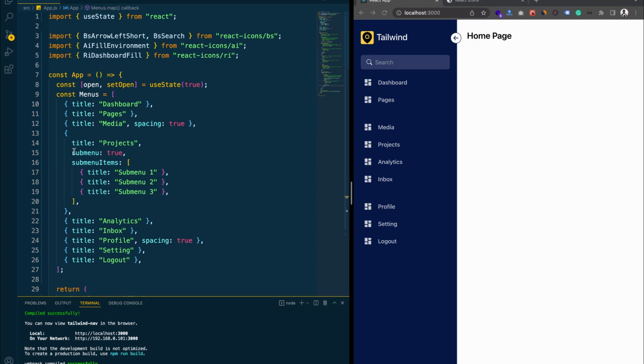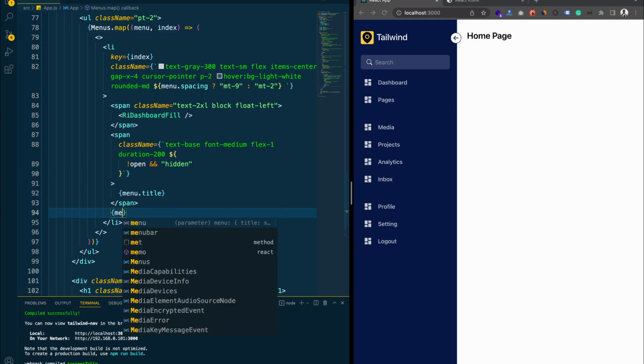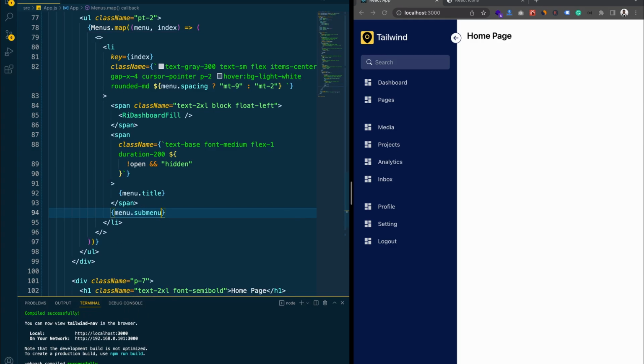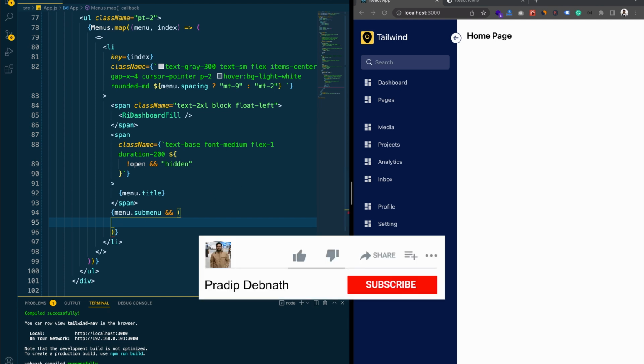So here we have the submenu. First we have submenu true, and then we have submenu items array present, right? If we have submenu present, then we need to provide a down arrow here. So it will be menu dot submenu. If the submenu is present, so that means if it is true, then we will provide the drop down icon, and that icon will be from bootstrap icon,